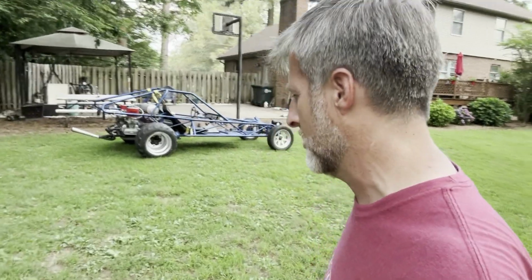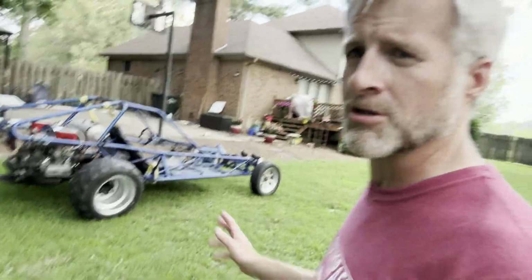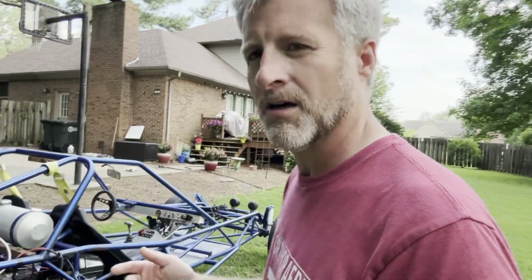Dougie has been sitting in the back of the yard in the corner under a tarp for, I guess, probably darn near a month. I think that was the last time we did a little video on Dougie when we took her for a spin. If you remember, if you watched that, what we essentially did was take it for a drive